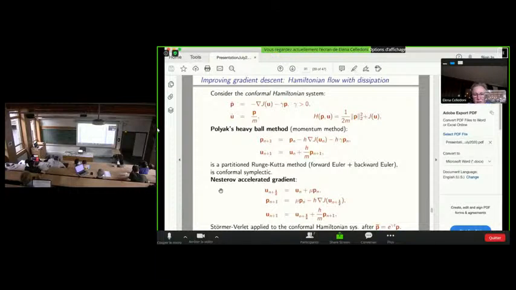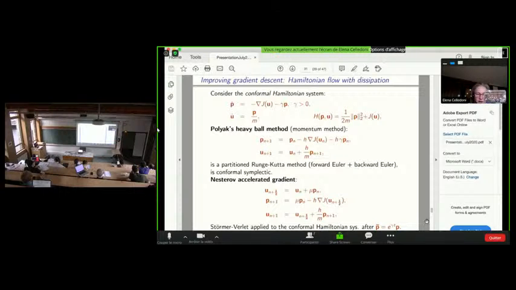Another example is Nesterov accelerated gradient, which is nothing but a discretization of this system after a change of variables, which you can see perhaps at the bottom of the page, where you first change the variables p into p tilde, where p tilde is the exponential of gamma t times p.